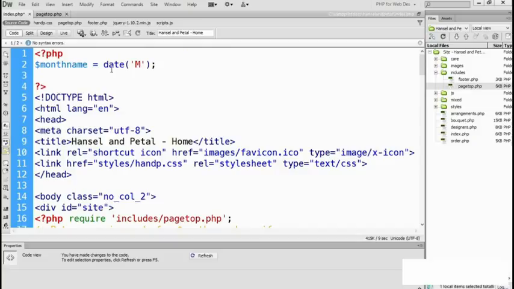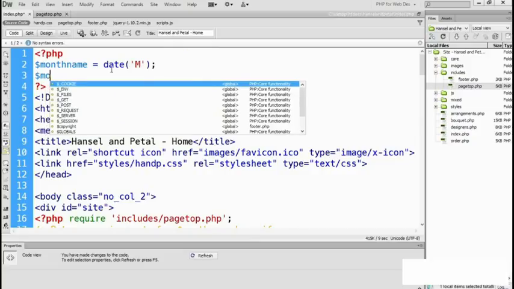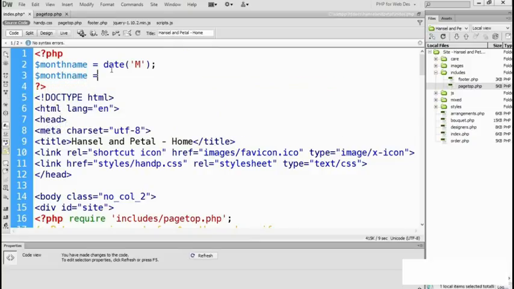Now what we need to do is convert that to lowercase. Earlier we used string to upper. There's actually another one which is called string to lower, which converts everything to lowercase. So month name equals str2lower, and then the argument will be month name. So what's happening here is that we're first getting the first three letters of the month, but the first letter is uppercase, so we then use string to lower to convert it all to lowercase. So if we save that,